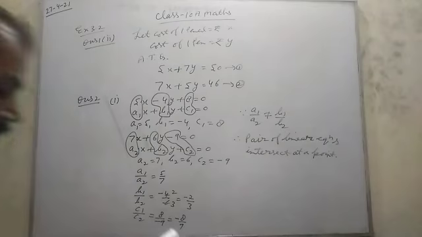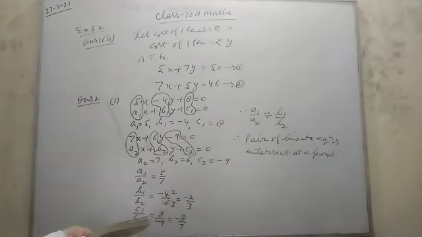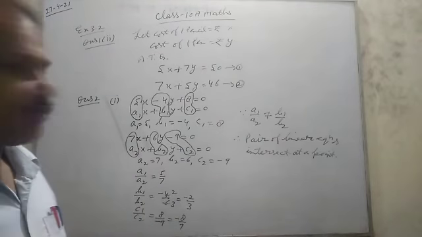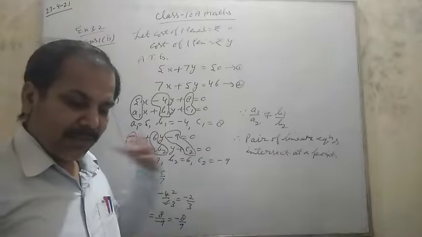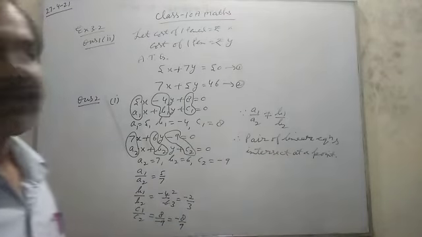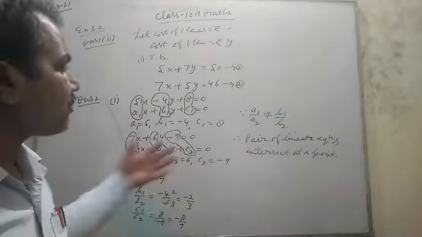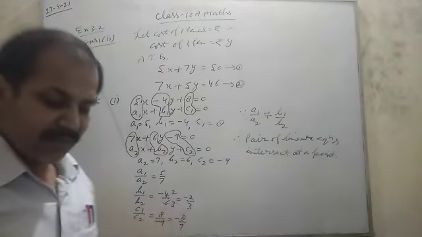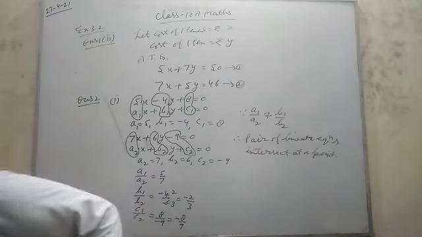Okay. Similarly, the second and third parts are also the same. And yesterday I told you, two or three times, how to check whether lines intersect at a point, are parallel or coincident. So for that, see which condition is satisfied, according to that it will be intersecting at a point, parallel or maybe coincident. Okay. Then question number 3.